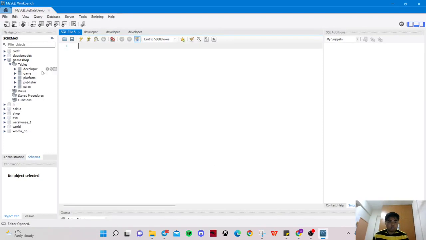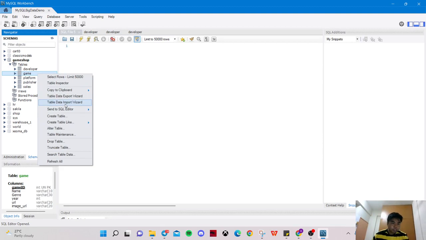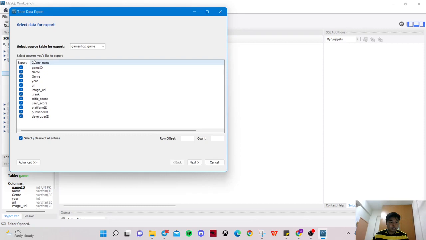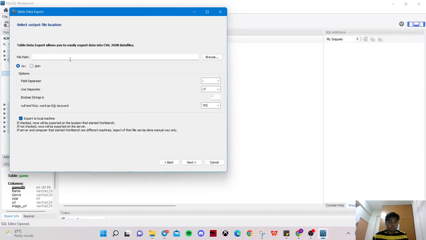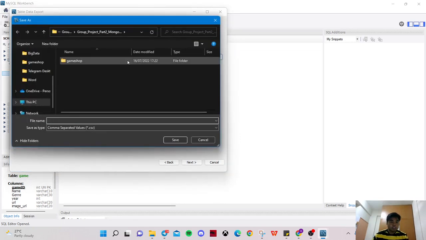First we need to go here and show you the database that you want to convert. Just choose any table that you want. For example, this is the main table. We want to convert the game table. So right click, and we have the Table Data Export Wizard. Click there and click all. Make sure all the columns that you want to export are ticked or enabled, and click next. Then you need to click JSON and make sure the directory of